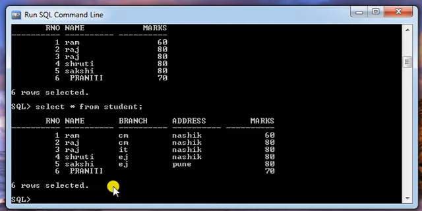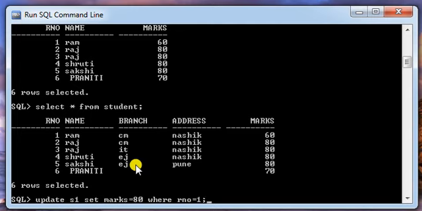After that, now let us study how to update the data from the view. For that we have the command update view name S1 set marks is equal to 80 where roll number is equal to 1.